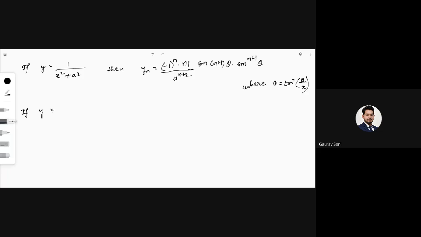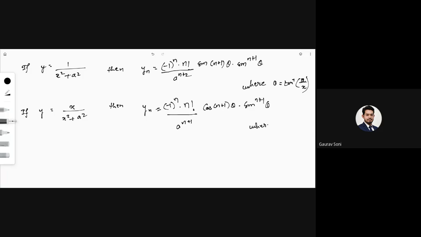If y is equal to x upon x square plus a square, then yn is equal to minus 1 raised to n into n factorial, cos of n plus 1 theta into sine raised to n plus 1 theta divided by a raised to n plus 1,